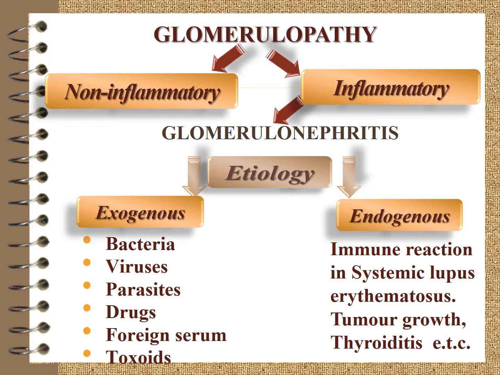The initiating agents can be divided into 2 categories. Exogenic factors, for example, bacterial antigens: streptococci are the most commonly quoted agent, but staphylococci, Corynebacterium bovis, enterococci, Salmonella typhi, Treponema pallidum have also been incriminated. Viruses such as hepatitis B, measles, Epstein-Barr, parasites as malaria, toxoplasmosis, drugs as foreign serum, toxoids,